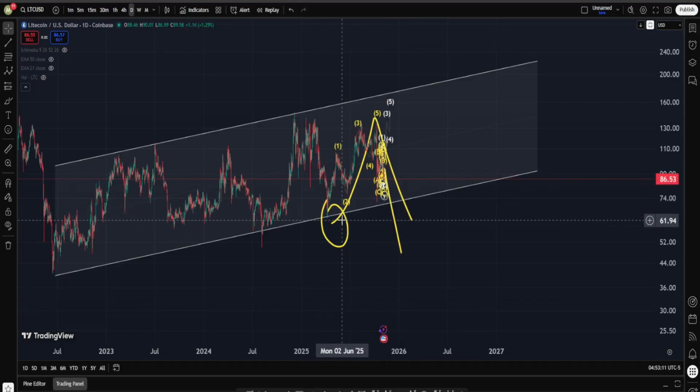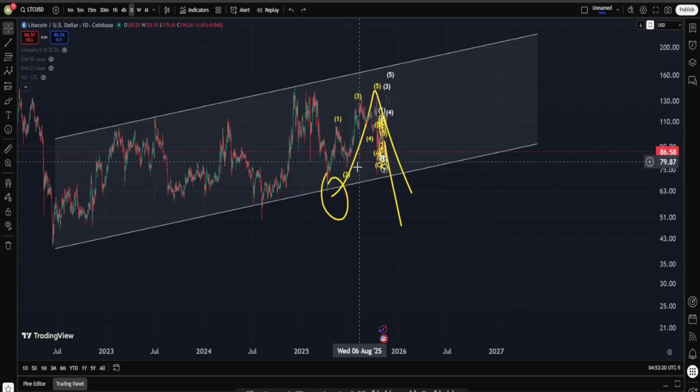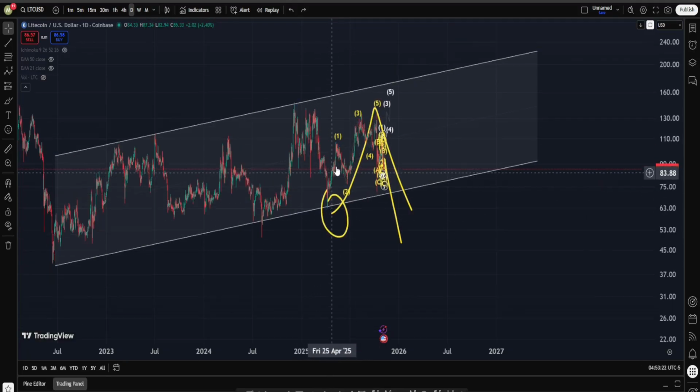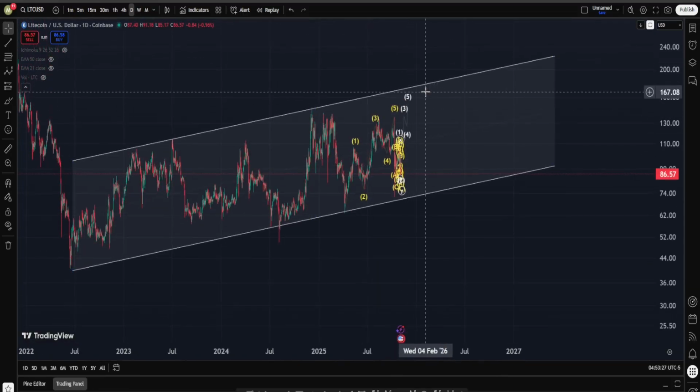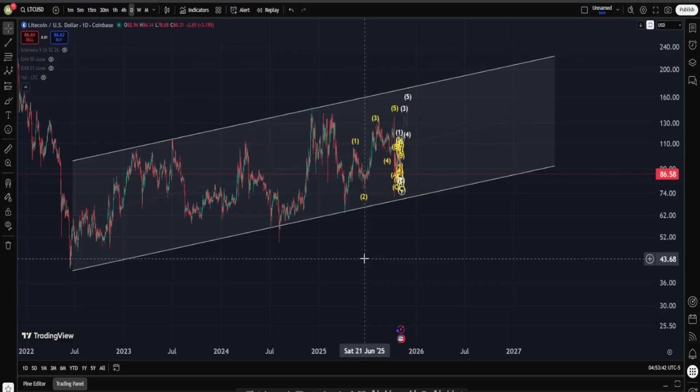Generally, I do not want to see Litecoin taking this low. That's why I'm putting my stop loss under it, because I do think it's kind of unlikely that we are going to take it. And let's just say this, before we take the loss, there's a higher chance that we are going to have another fantastic move up, at least to reach about the higher band of the channel. Let's say maybe somewhere around $175, but I'm really hoping that in Litecoin we are going to go quite a bit higher than that.